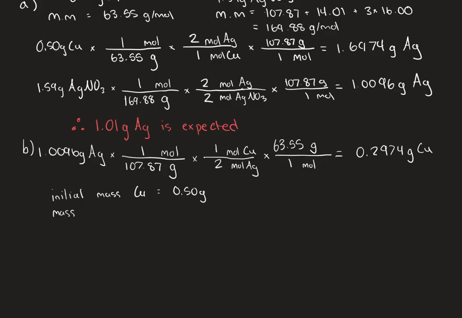Mass of copper reacted is equal to 0.2974 grams. Now, when I subtract 0.2974 from 0.50, I get an answer of